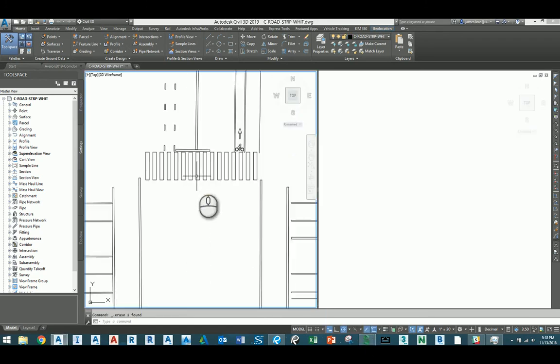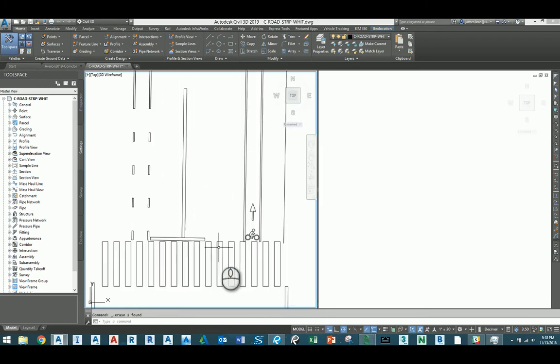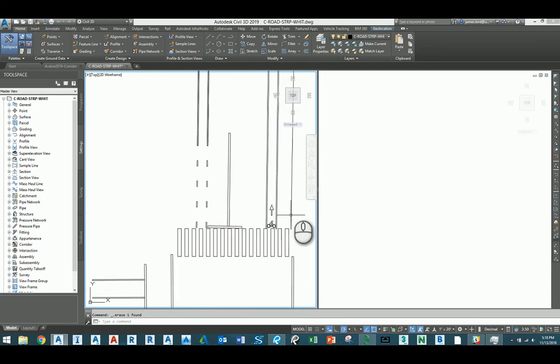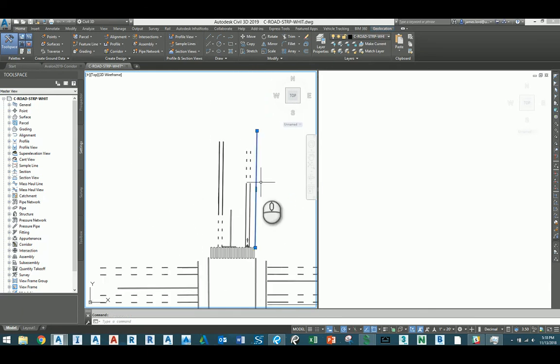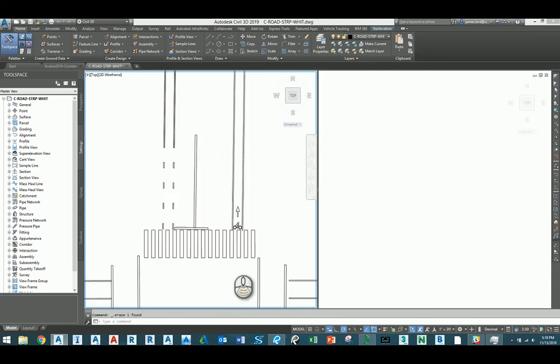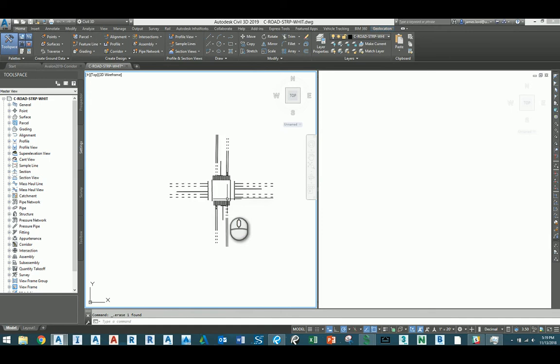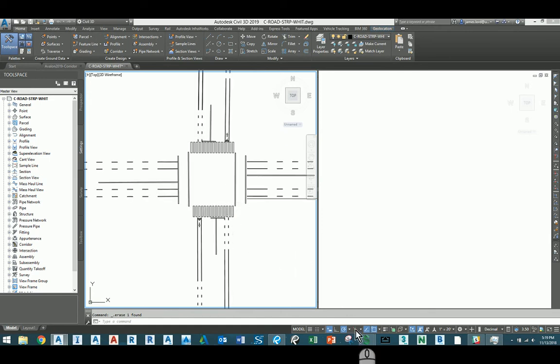So like I said, just repeat the same process for any other striping that you have. Make sure you have closed polygons, and then if you have any floating polylines, just make sure you clean up your drawing so there's nothing extra floating around that will cause issues when you bring it over into